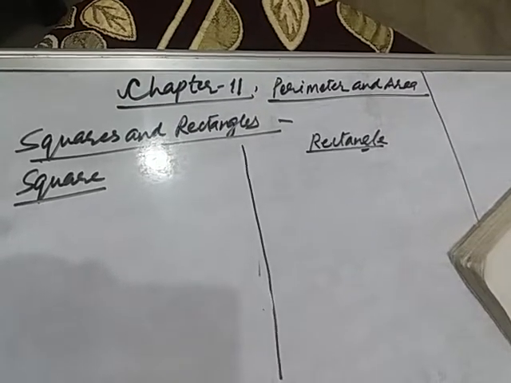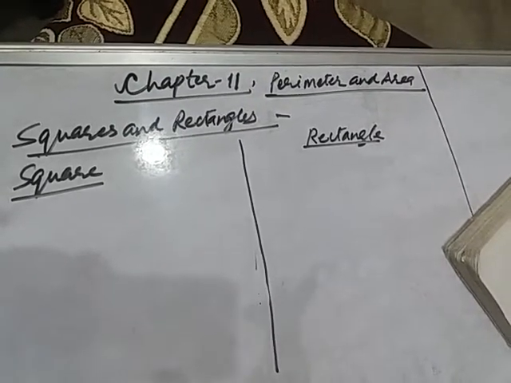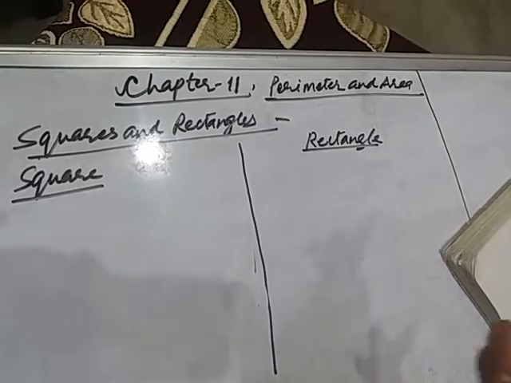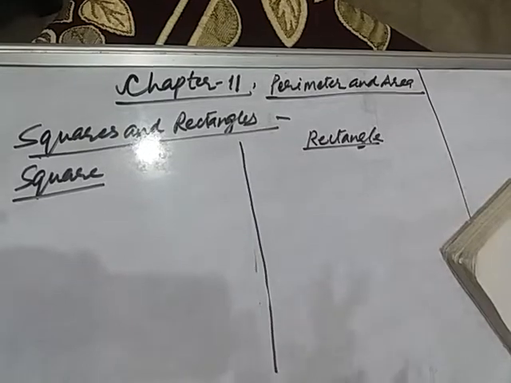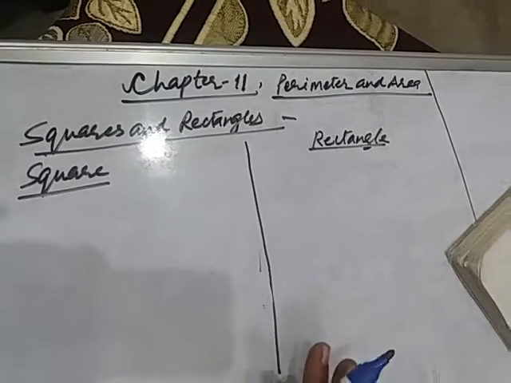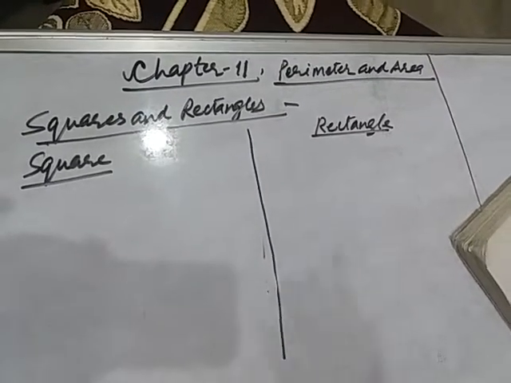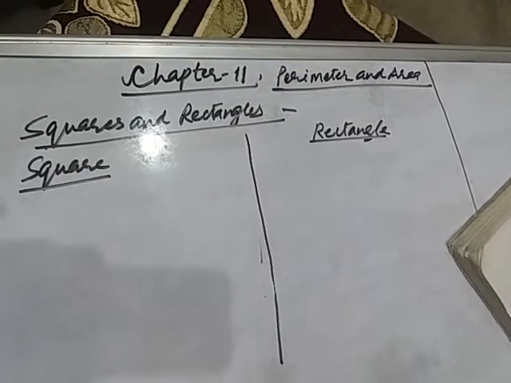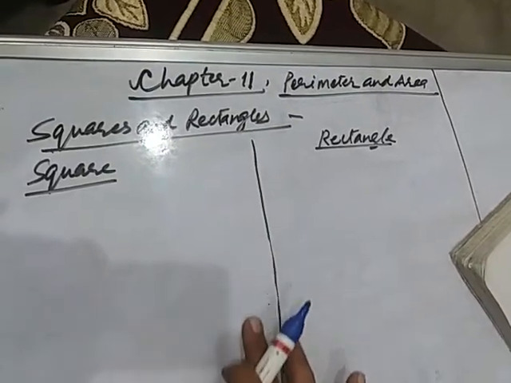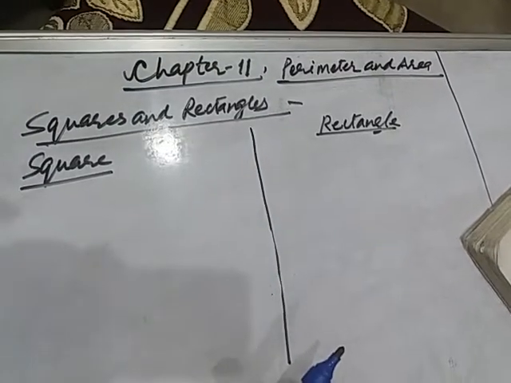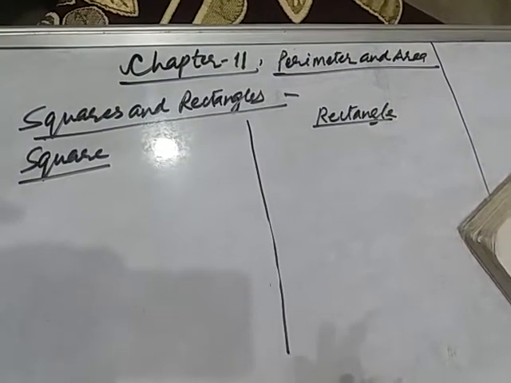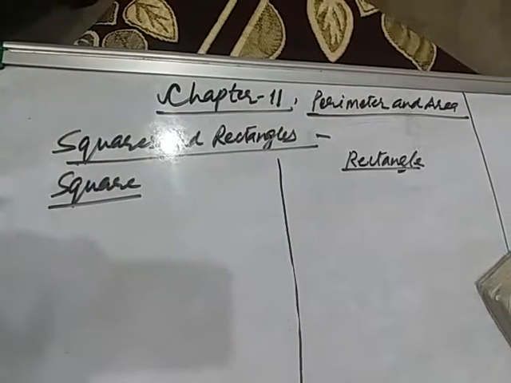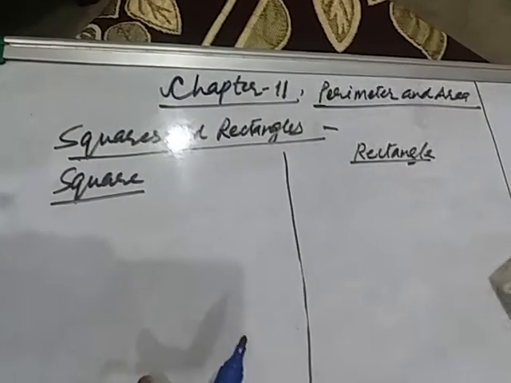Not possible means it may be possible if we teach it on a rough copy and some other person should be there for recording. Clear, till then, before practical geometry we have started this chapter 11, perimeter and area. Whenever we find time, we will take up and cover practical geometry also. It will not be left at all. So let us see chapter 11, that is perimeter and area.